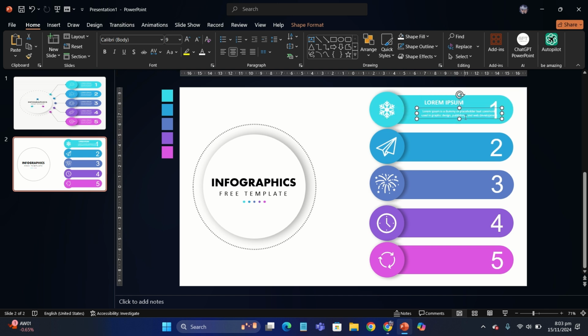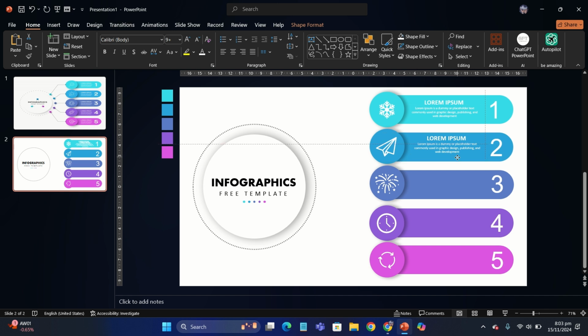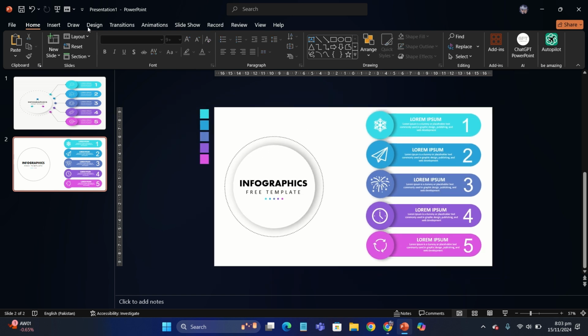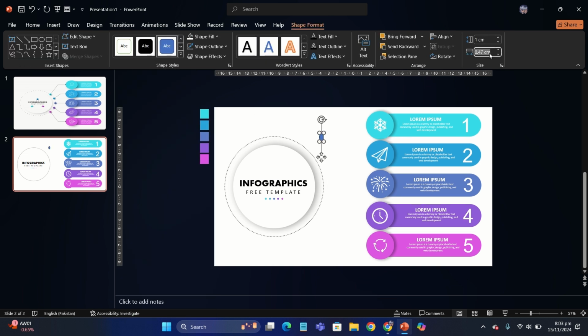What we're going to do next is decrease their size and put them into the center just below the title, and select both of them and duplicate them by pressing Ctrl plus D. You're going to duplicate them again and again by pressing Ctrl plus D and put each of them in each of the shapes. Next, you're going to insert a small circle